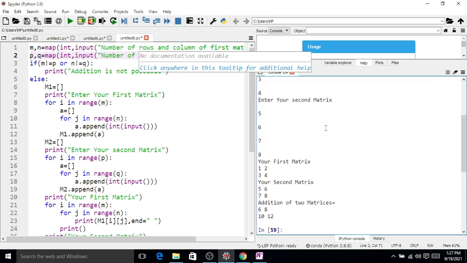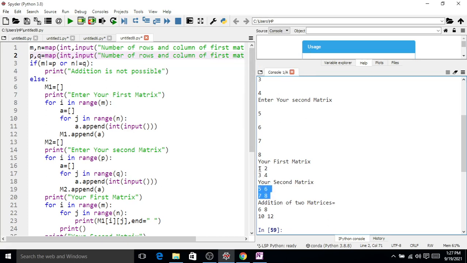Now you can see here your first matrix is 1 2 3 4, second matrix is 5 6 7 8, and their addition is: 1 plus 5 is 6, 2 plus 6 is equal to 8, then 3 plus 7 is equal to 10, and 4 plus 8 is equal to 12.